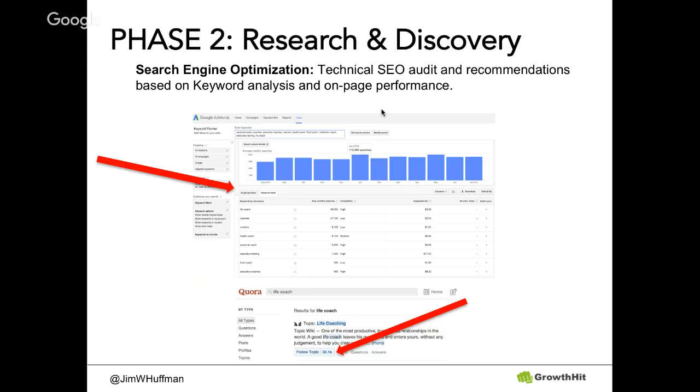So in this example, there's a startup that offers executive coaching for professionals, and they were optimizing their site for the keywords "executive training," but it only got 1,300 searches per month. But they quickly saw that the phrase "life coach" gets almost 50,000 searches per month. So they quickly changed their site from being optimized for "executive training" to "life coach," and they started driving in a lot more SEO traffic.